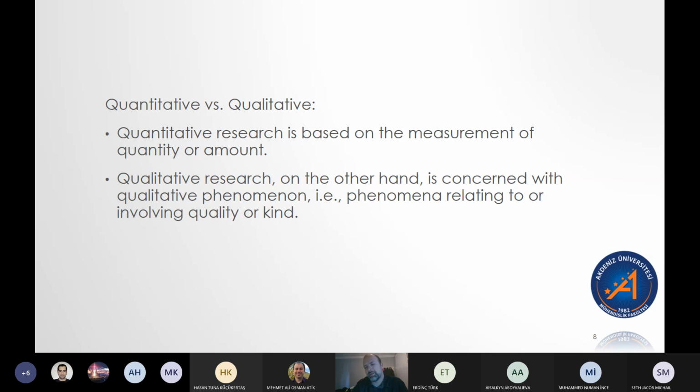Qualitative, on the other hand, is concerned with qualities of things. So a qualitative measurement would be something good, bad, large, small, those kinds of things, right? So we do need to be careful that we know what type of research we need. And for me, what I think of when I think of quantitative versus qualitative